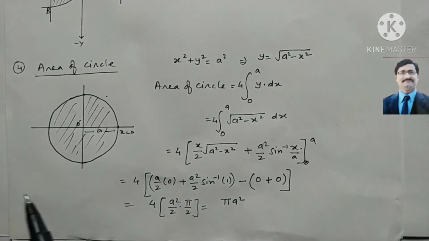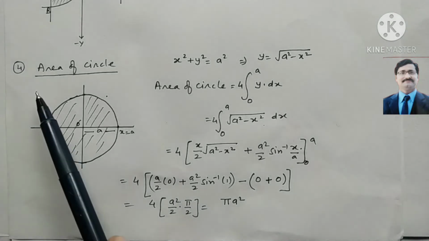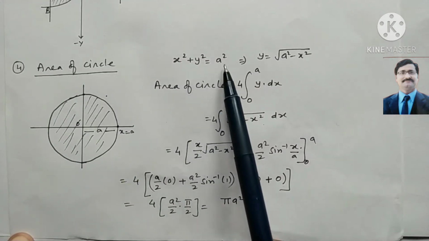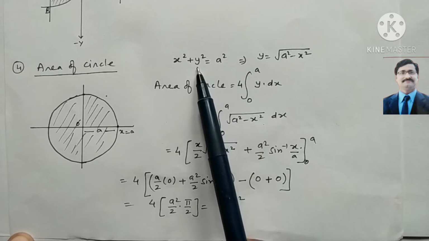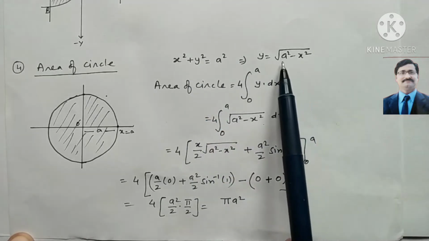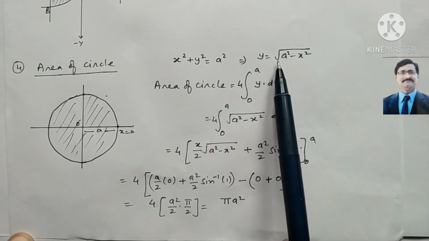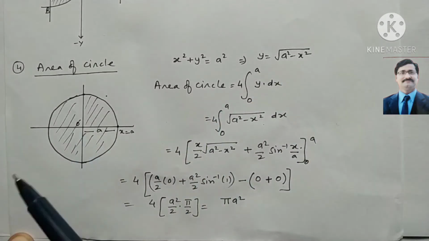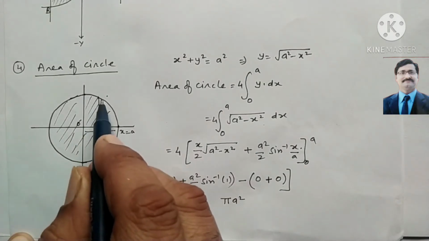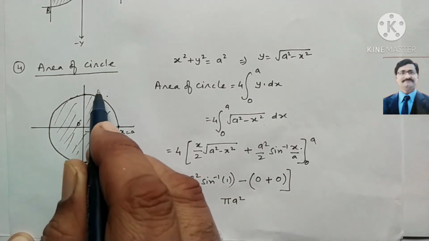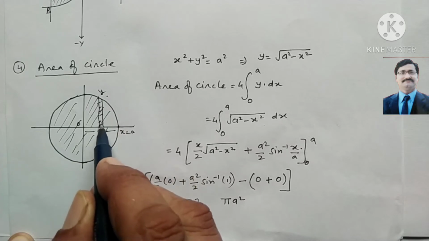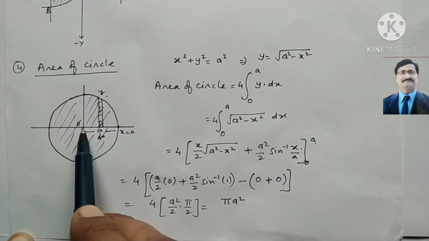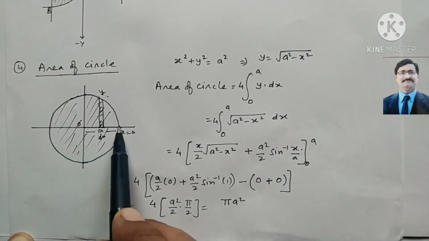This same method we will use here to find the area of a circle. Look here, the circle equation is x square plus y square equal to a square, and from here we can write y equal to root of a square minus x square. Now the area of the circle, look here, we can take the strip here, this is a strip, and this strip is y, and this is the dx. Okay, so y into dx we have, and we take 0 to a,